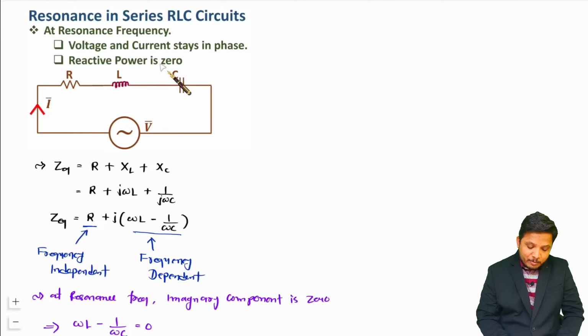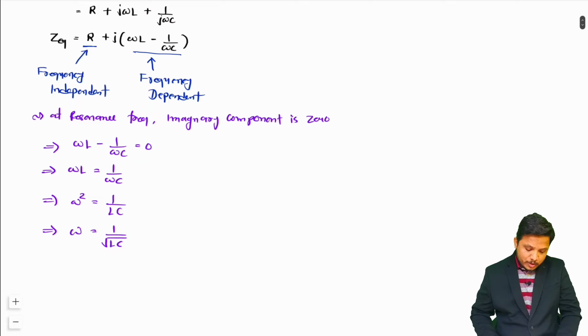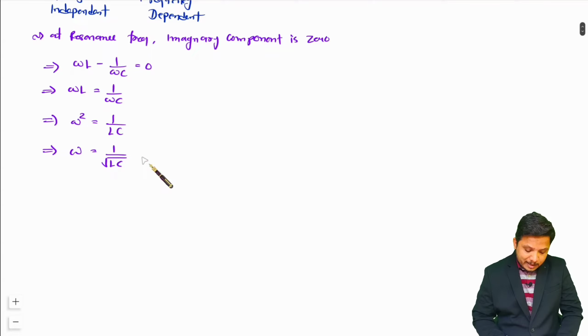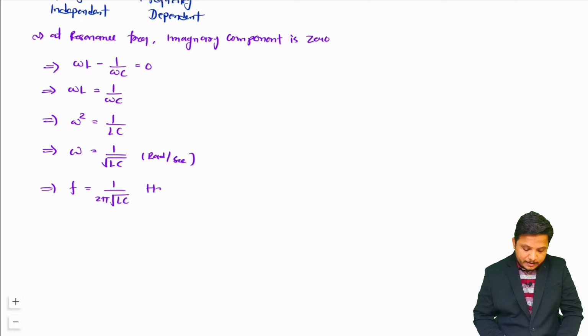And if reactive power is 0, only power will get dissipated across this resistor R, and in that situation you will have only real power in the network. Now, my dear students, here are a few essential key things that you should know, like this resonant frequency unit is radian per second. Sometimes it may be given to you in terms of frequency, then that will be 1 by 2 pi square root of LC, and that is in terms of hertz. So you should see what unit is given to you. Based on that you should calculate resonance.